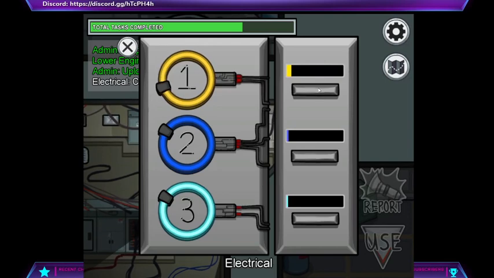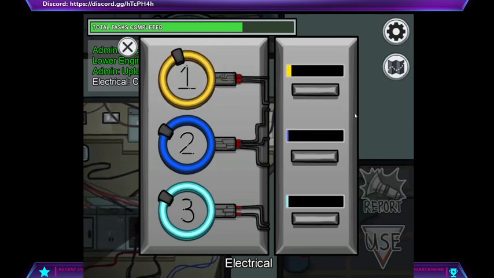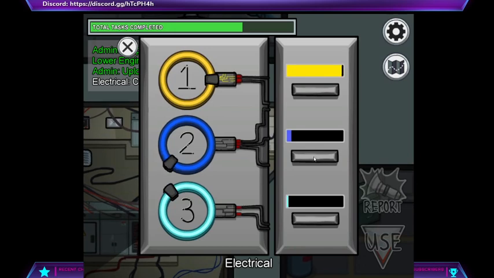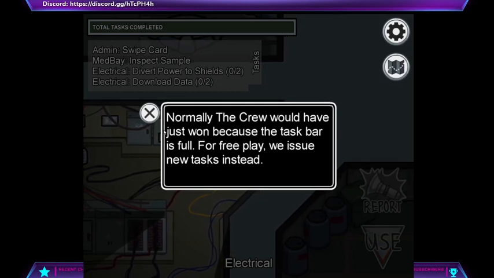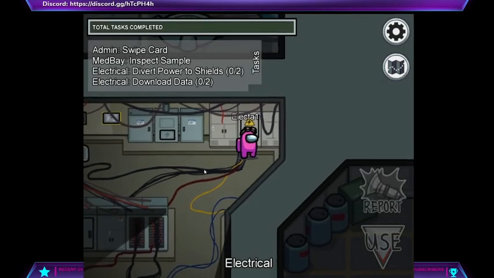I could really only manage to do this when playing on the computer. So what you do is just click, click, click. If you don't make it on time, you have to do it again. So normally the crew would have just won because the taskbar is full. For free play we issue new tasks instead. So now